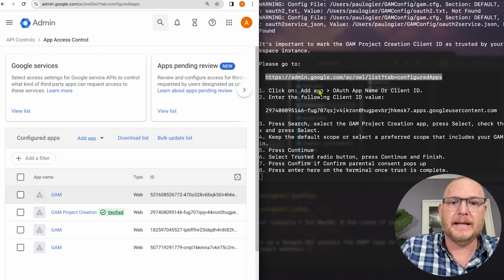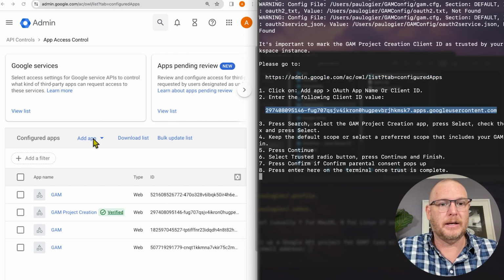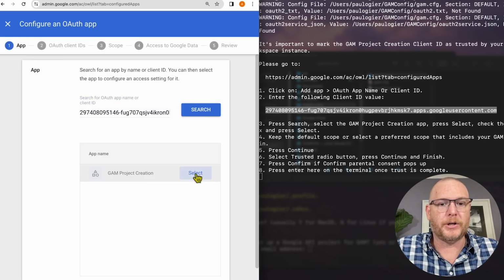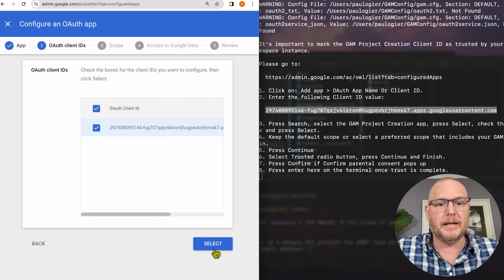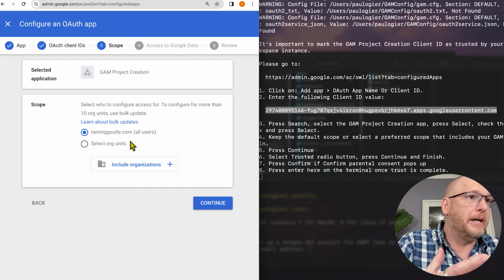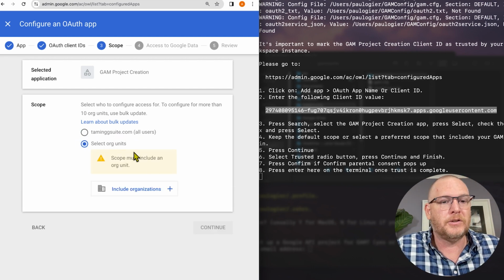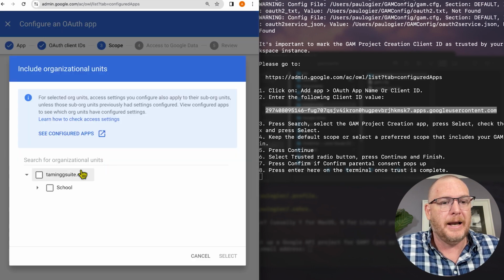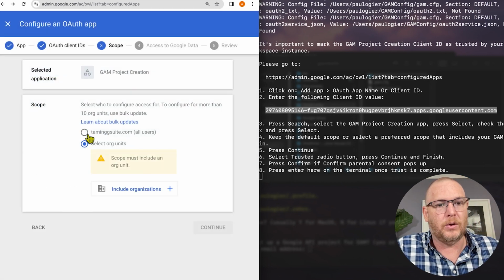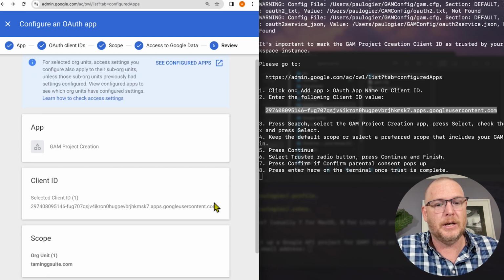So we're in here and it says here, click on add app and copy this whole thing. Copy that, add app, OAuth, and chuck that in. Search GAM project creation, let's push select, and let's tick that, and say select. And what do you want to actually have access to? Do you want to have access to your entire domain? Absolutely. Then you can do taming G Suite or obviously your domain. Or if you want to do specific org units here, you can choose that, and you can choose specific things like only access to the teachers. Okay, but I'm going to do the whole company right here. So continue,